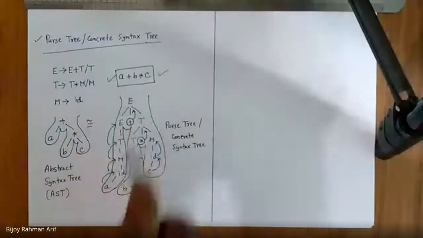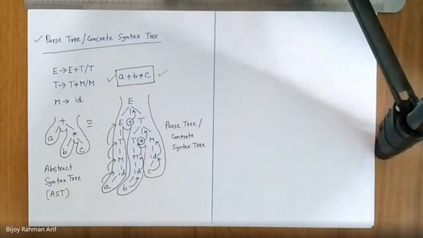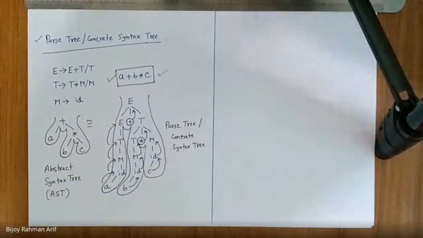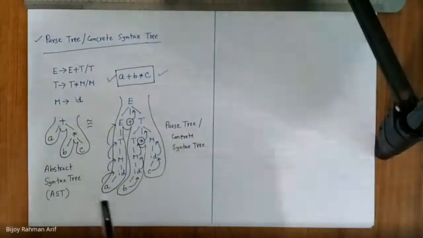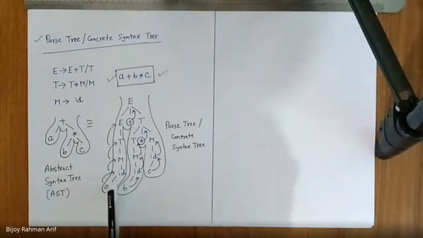I have already described the procedure. Whenever on the right hand side there is only one variable or terminal, and you derive to only one single variable, then you just pass the right hand side to the top level. Again, right hand side to the top level. So the same thing is happening here. A is derived to ID. There is only one single right hand side, so I'm passing whatever is on the right hand side to the top level.